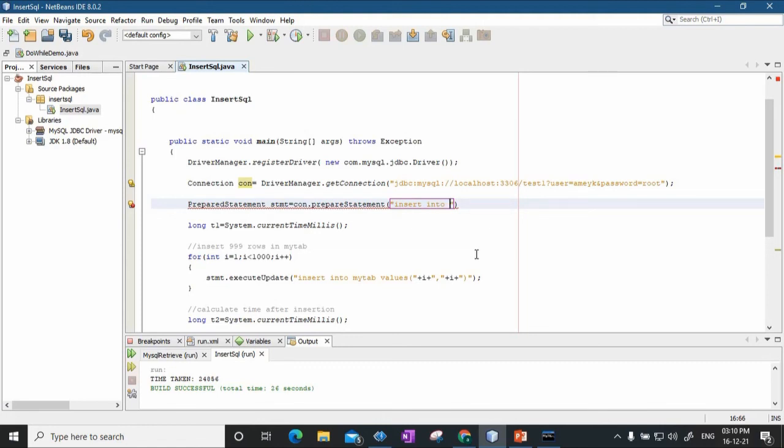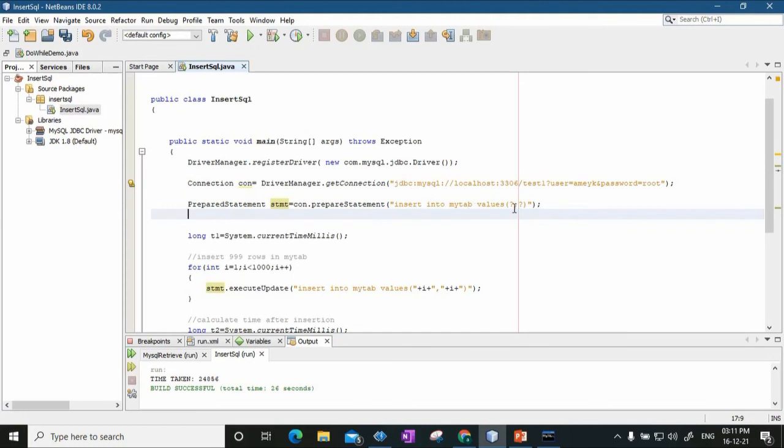So I'll say insert into myTab values, and since I'm using prepared statement, there is a particular syntax: question mark, comma, question mark. I put a semicolon here. So I say insert into myTab values question mark, comma, question mark.